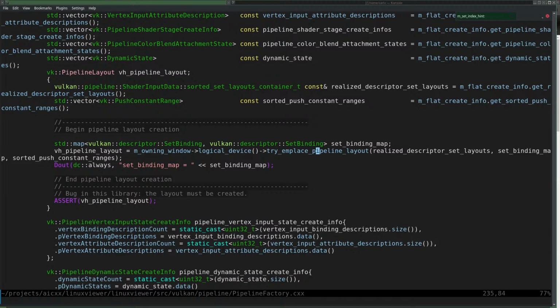Now at that point I already have realized the descriptor set layouts, which is not possible. I mean they are created. So that is also, what is the word? A commitment.